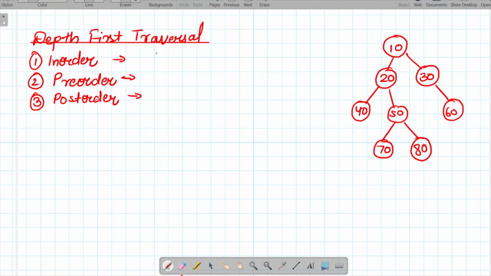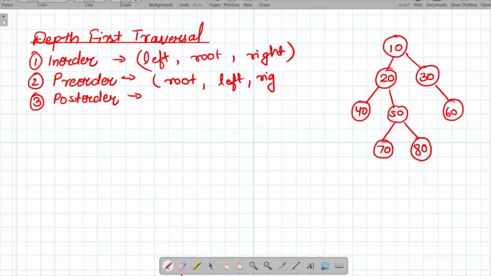So first of all, let's see how we will traverse in order traversal. In order traversal, we will first traverse the left node, then we will traverse the root node, and then we will traverse the right node. So this is about in order traversal. Similarly, in case of pre-order, we will traverse the root node first, and then the left node, and then the right node.